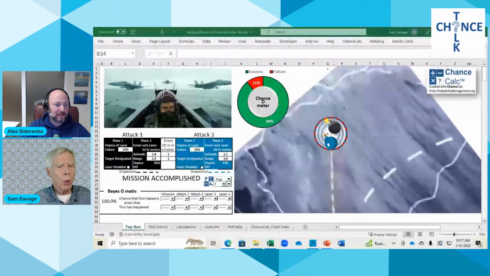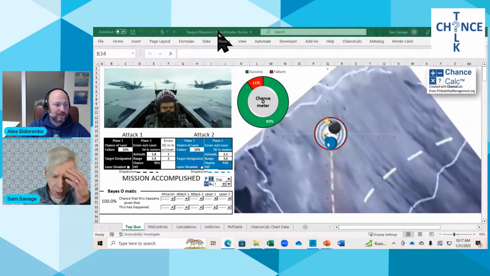What we're going to start with here is a sneak preview of a model based on the Top Gun movie. This is a sneak preview. We're not going to publish this. We've got some exciting stuff coming up with the Military Operations Research Society that you will learn about in due course. And this is going to be part of a thing we're doing with them.